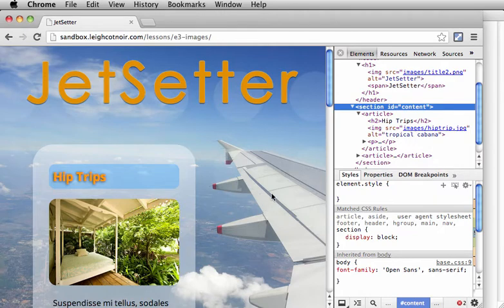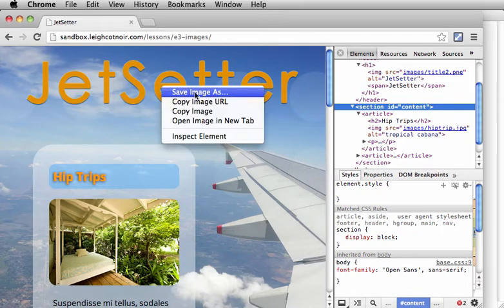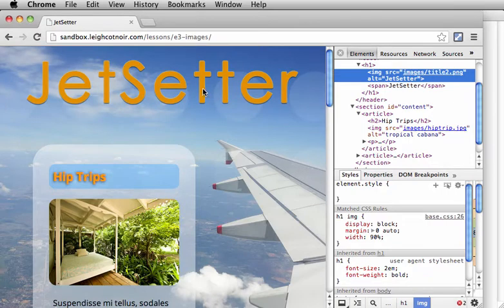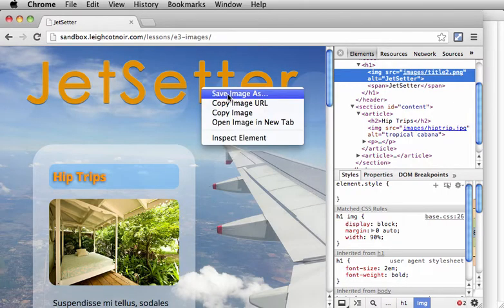Watch something that happens even with these pictures that I know are placed. If I right click on Jet Setter, see, it gives me the choice to save the image as. Okay? That means when you see that, it's going to be something that is set in the HTML. Alright, let's inspect that element one more time. Okay, so Jet Setter. You see that Jet Setter is an IMG tag in the HTML. Now if I right click it, it gives me the option of saving the image as some other name, okay,